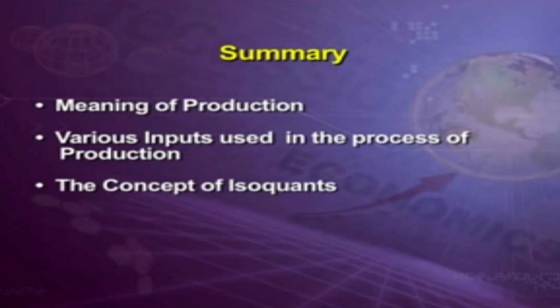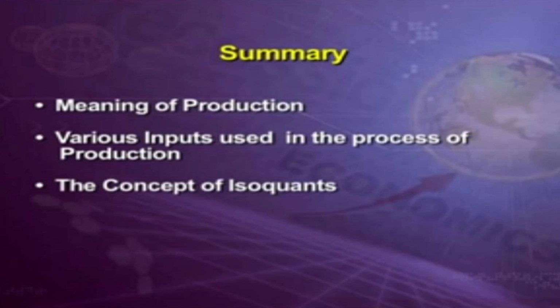Lastly, you are going to see the concept of the isoquant. So what is an isoquant? An isoquant is nothing but an equal product curve, or a set of all possible combinations of two inputs, namely labor and capital, which yields the same maximum possible level of output, which does the same work and gives the same level of output. How many laborers and how much capital we are going to invest, so many units of commodity we are going to get at the output level.